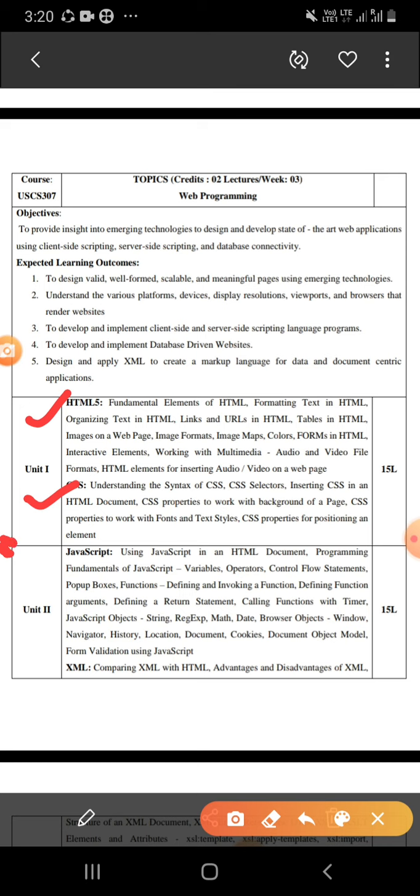Now, next, we will see JavaScript. It is a scripting language, means it is not used for backend purposes, only for some simple applications. Applications that connect with a database, or that need to maintain a database, we can't use JavaScript for.